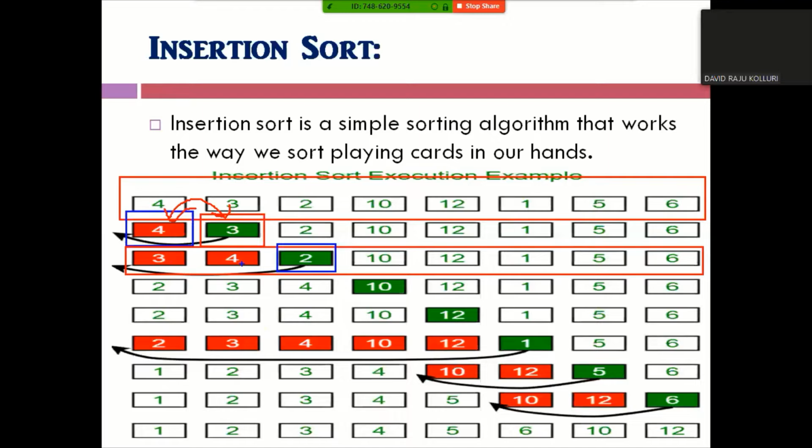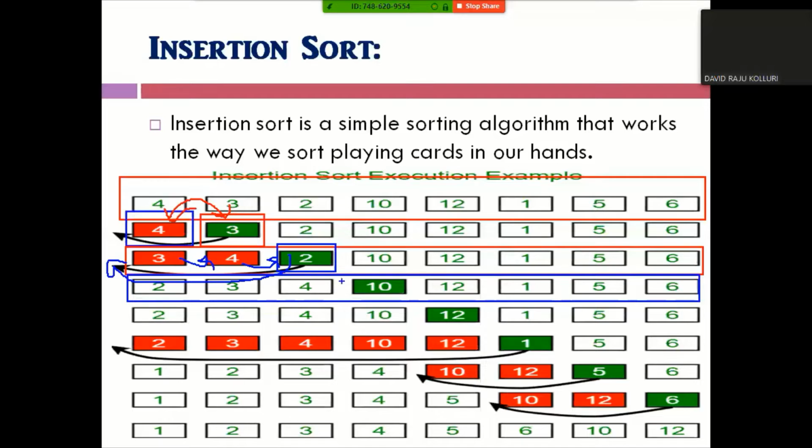So this 4 will be moved to this position, this 3 will be moved to this position, and this 2 will be moved to before 3. Then we'll get the elements in this order.